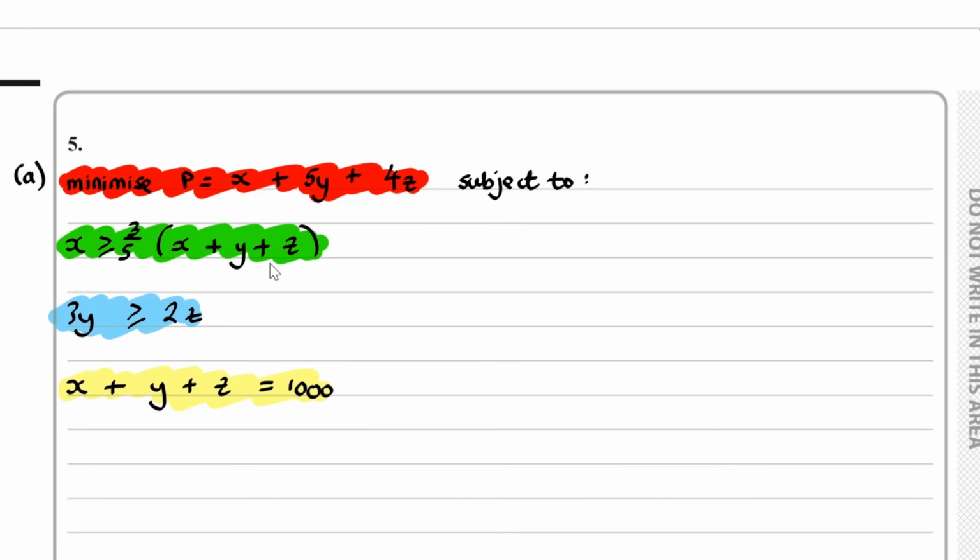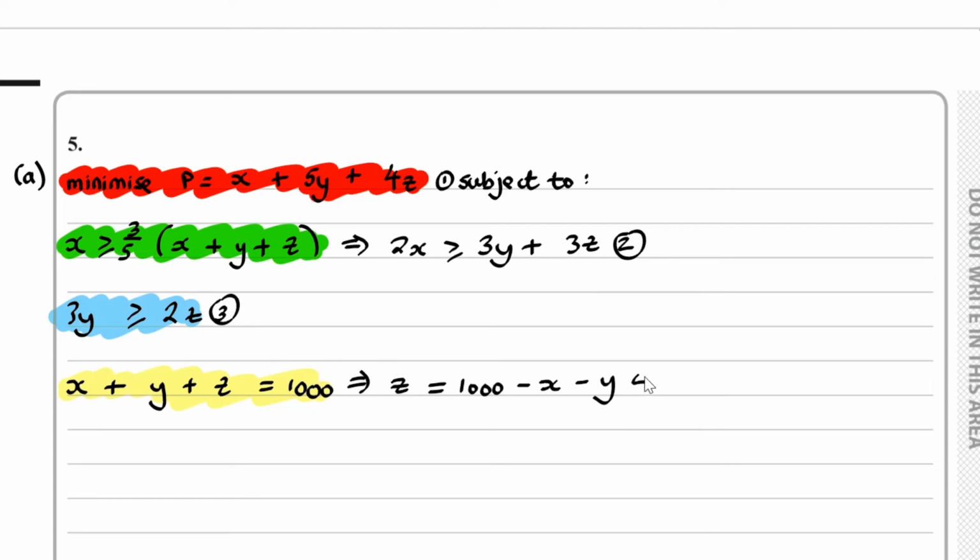Okay, and we want everything here to be in terms of X and Y. So if we rearrange, we have 2X, which is greater or equal to 3Y plus 3Z, and from here we can see that Z is equal to 1000 minus X minus Y. Okay, so if I call this equation number 1, this equation 2, this equation 3, and this equation 4, we want everything in terms of X and Y. So if we sub Z into P, sorry, Z into 1, so equation 4